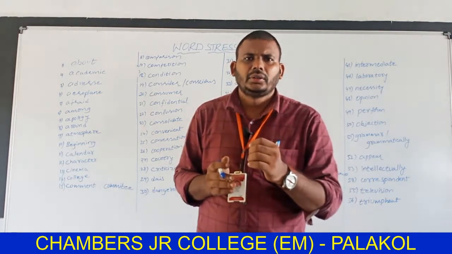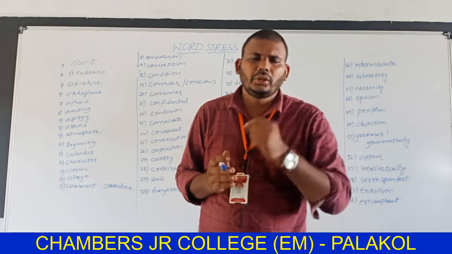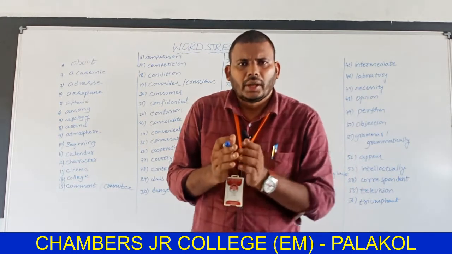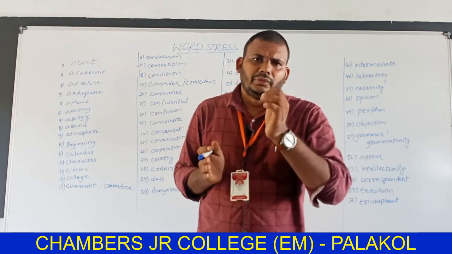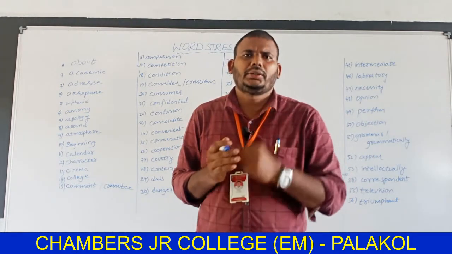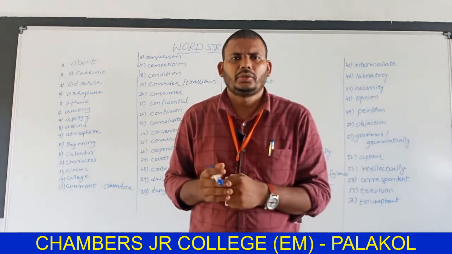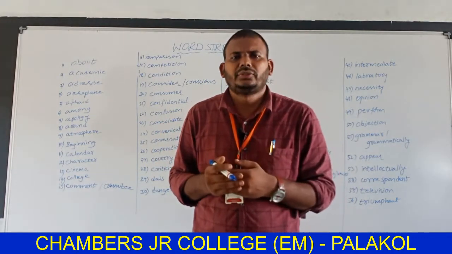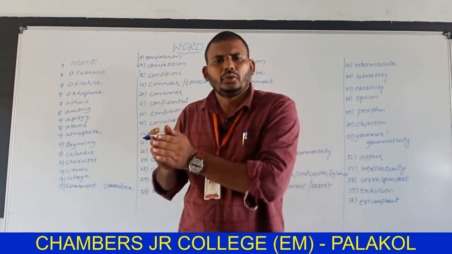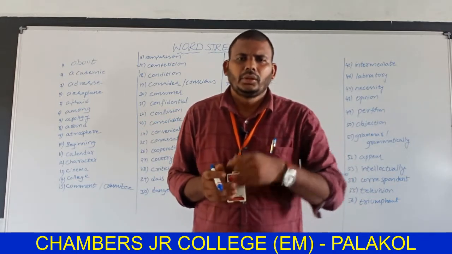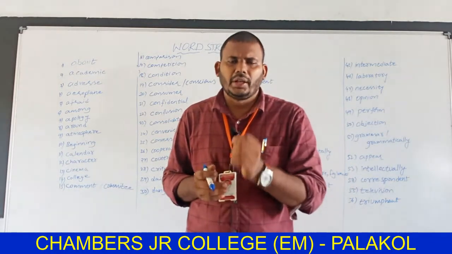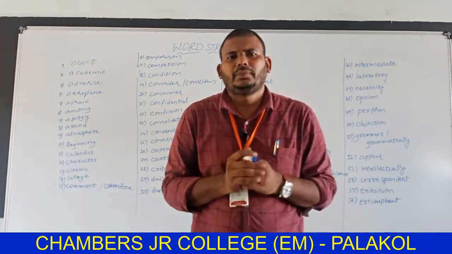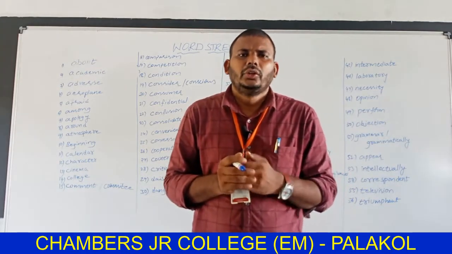Such an accented syllable is marked with a vertical bar. Another thing we need to remember is that the vertical bar, what we call the stress mark, should be placed before the first letter of the syllable, because a syllable may consist of one letter or sometimes two or three letters. So the stress mark should be placed before the first letter of the accented syllable. That is the thing we should remember.